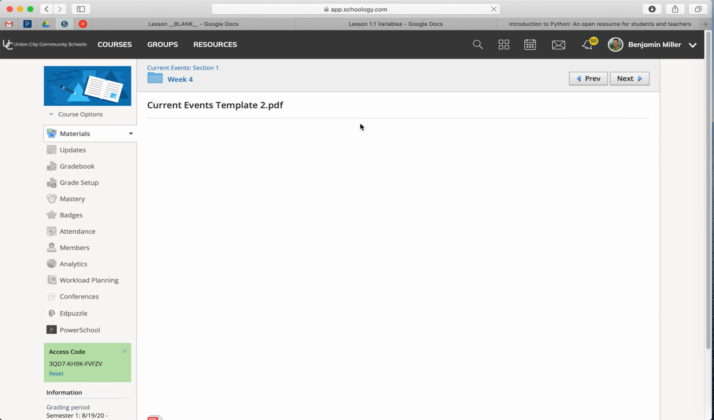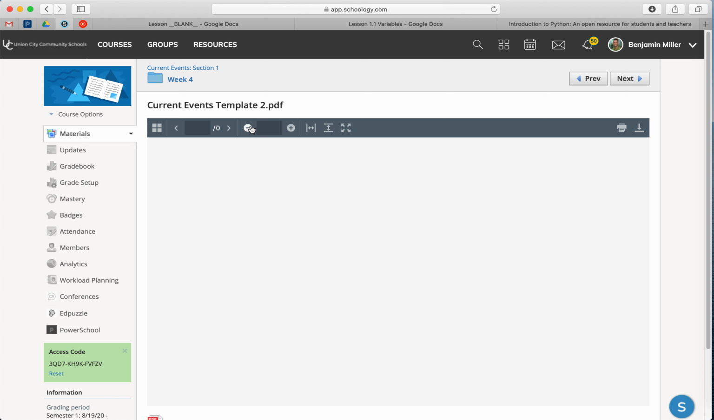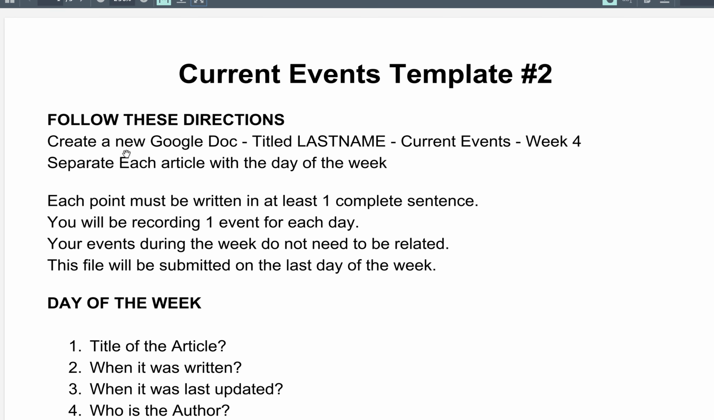When I hit next, here is our PDF template, and you can see it says current events template number 2. This is the second iteration of our current events templates. In this case, we're looking for a little more information. Let me make it full screen. And there it is. So you're going to create a new Google Doc for this week, and it's going to